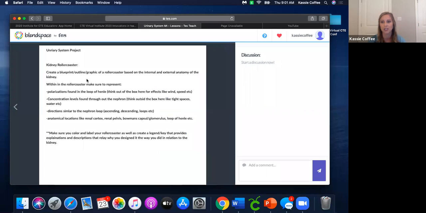So I had them actually create what is called a kidney roller coaster. And they could do it however they wanted because obviously they were at home, which was kind of difficult. But they had to go through and create a blueprint of their roller coaster. And then it had to be based on the internal and external aspect of the kidney.